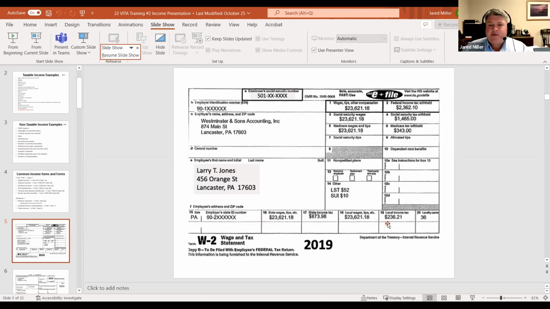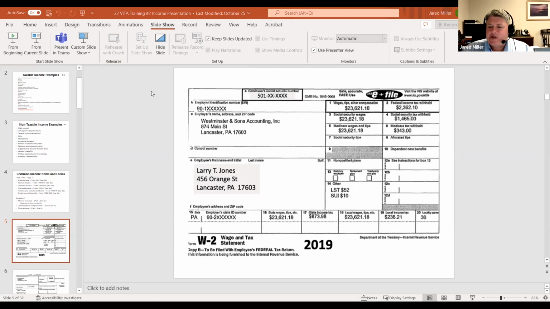Now, for those of you who have done this before, if you have a difference between your Pennsylvania, your Medicare, and your federal wages, you'll probably get a little diagnostic warning to say, are you sure you entered everything correctly? I'd love to get that thing taken off our VITA system, but unfortunately we can't do that here in PA. So you just have to click through that warning to say, yes, I'm aware that we have a discrepancy between those wages.